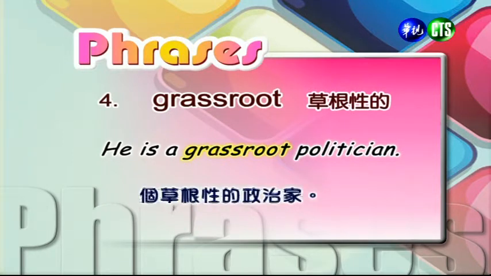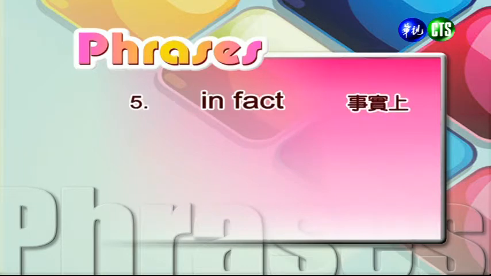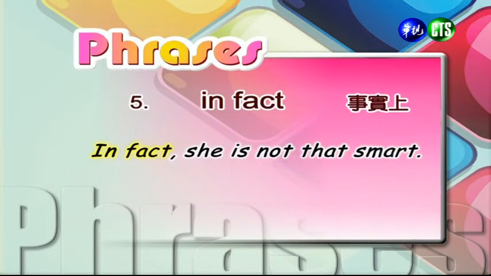Number 4, grassroot. 草根性的， He is a grassroot politician. 他是一个草根性的政治家。 Number 5, in fact. 事实上， In fact, she's not that smart. 事实上他没那么聪明。